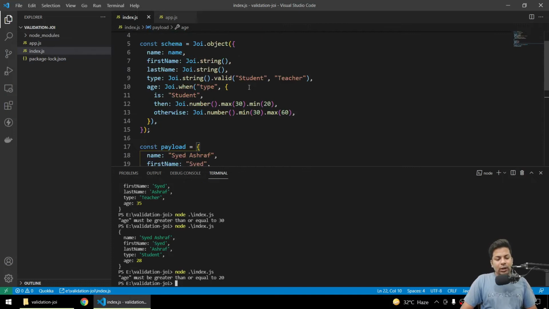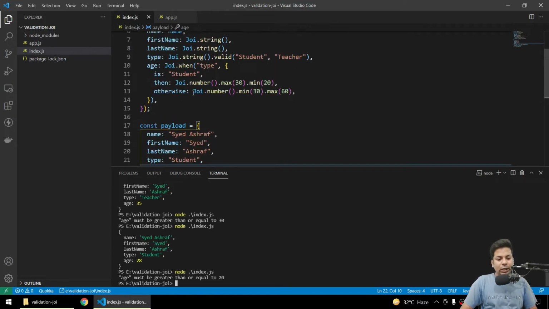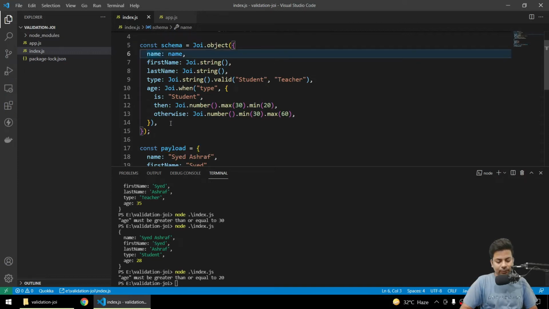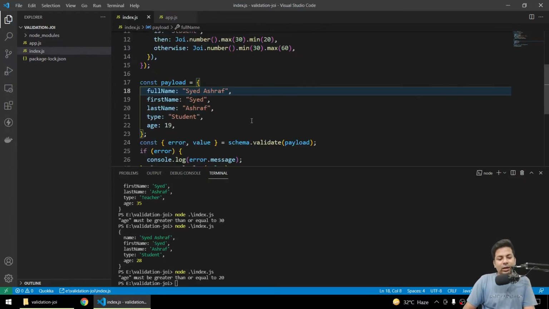Now here you can see the user is sending their name, or I can just change name to full name. Yeah, full name, not whole, it's full. Here also I'll change it to full name. So you can see the user is sending the full name, first name, and last name also.